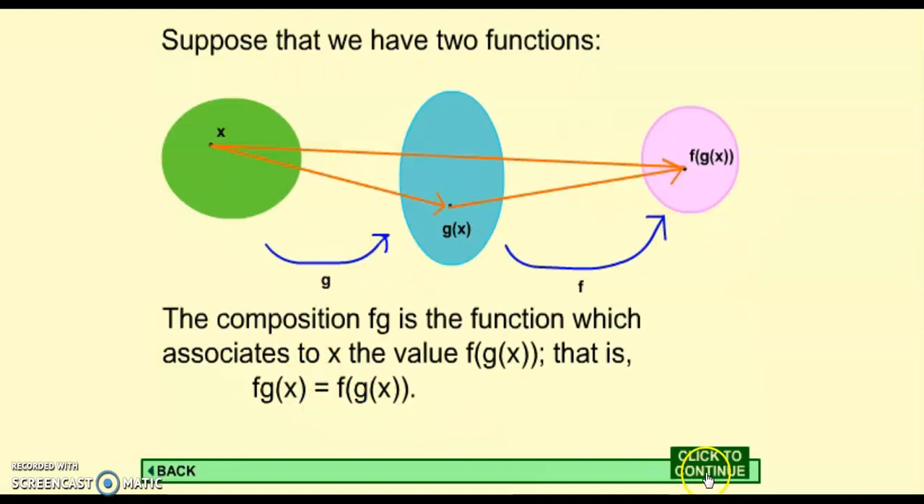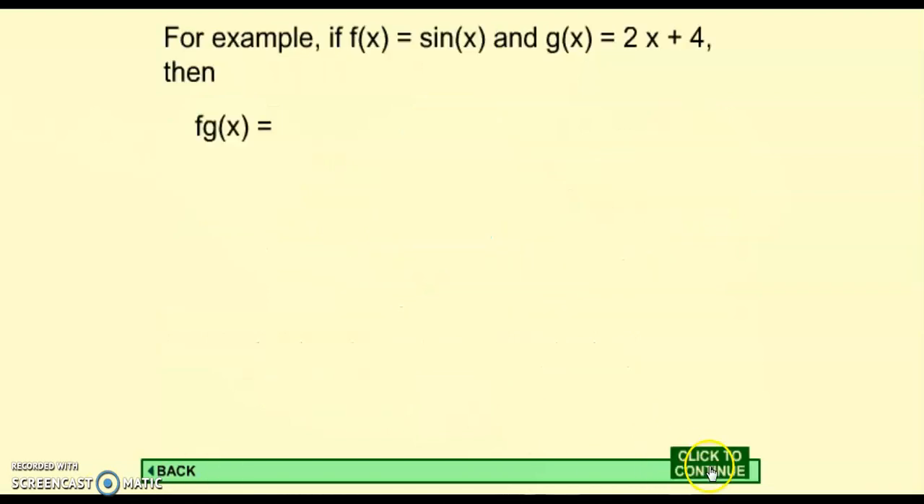Now let's take this example. For example, if f of x equals sine of x, now f of x represents your first function and g of x represents your second function. We have to compose the two functions, and the function notation given here is f of g of x. Now see what we have done. I repeat,